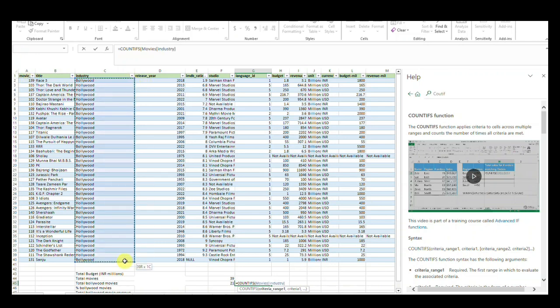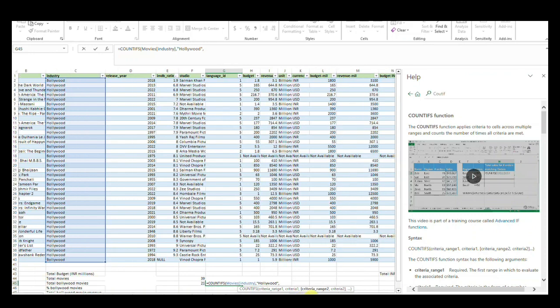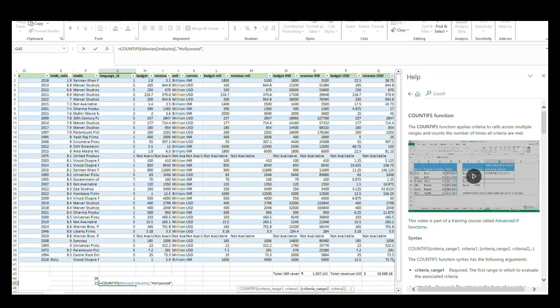We have a range here, and then criteria, which one we need: Hollywood movies. We can check Hollywood spelling, and comma, and then criteria 2, second criteria, which criteria,